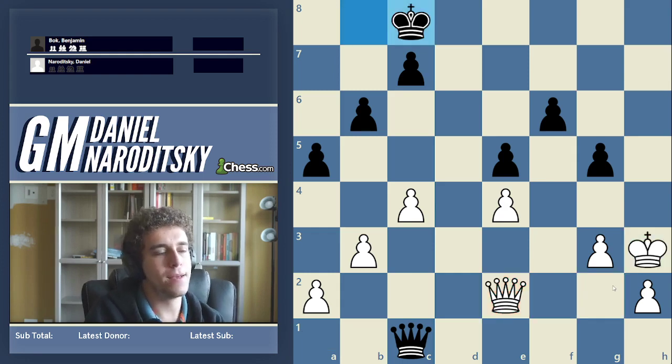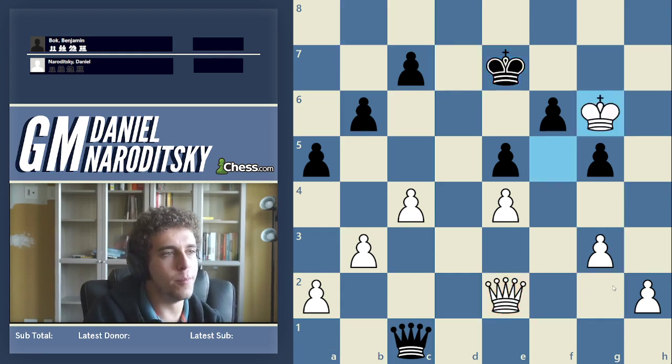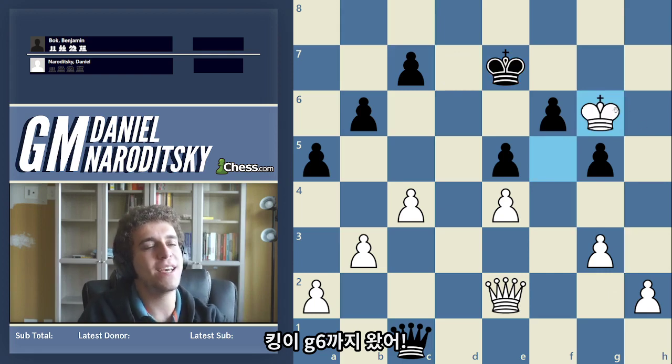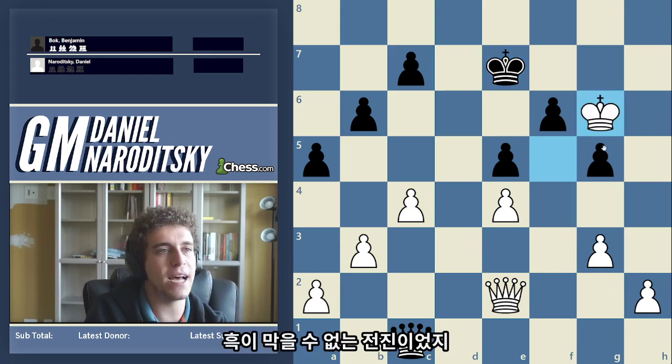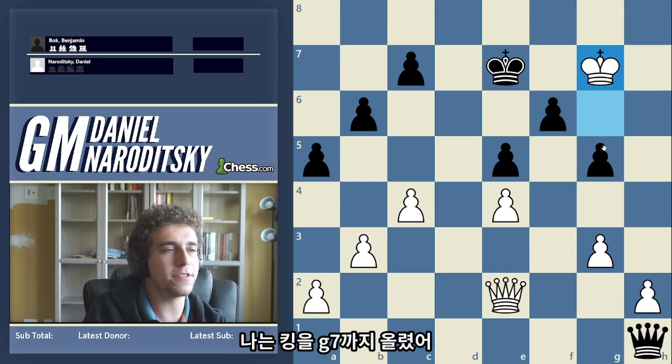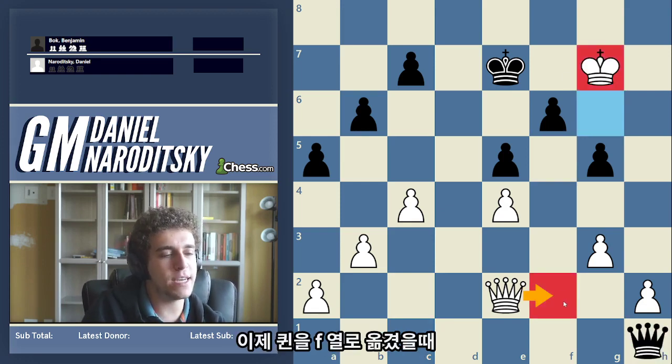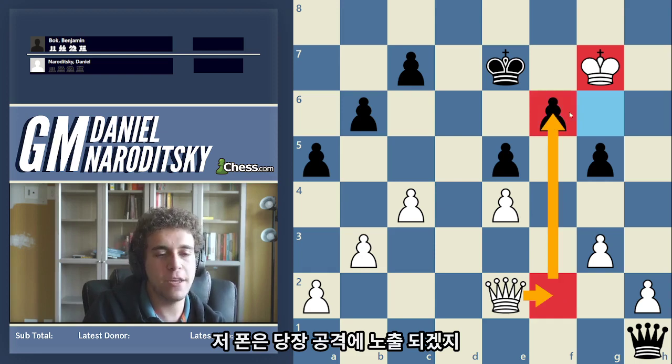Boom. Boom. Boom. Boom. The king all the way to g6 in 4 moves. There was nothing black could have done to stop it. And this makes all the difference. I slid it all the way up to g7. And now, when I move my queen to the f file, the f pawn is immediately going to be under